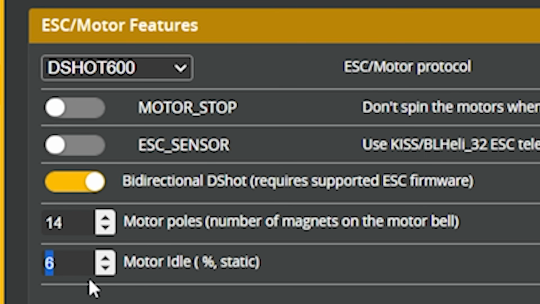A higher idle value gives you better prop wash handling during turns. And the reason for that is that motors have more torque at higher throttle. So if you drop the throttle all the way down as low as it can possibly go, the motor won't have a lot of torque and it'll have a harder time dealing with difficult handling conditions like sharp turns. So some racers will actually turn this idle value up to 7 or 8%. Many freestyle pilots try and get it down as low as 2 or 3%